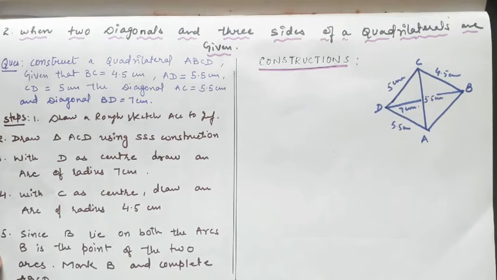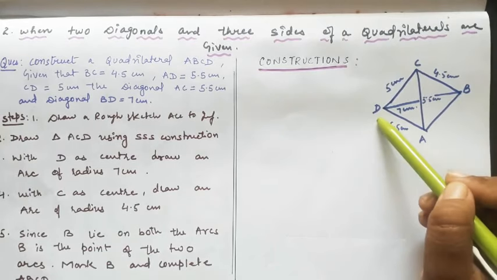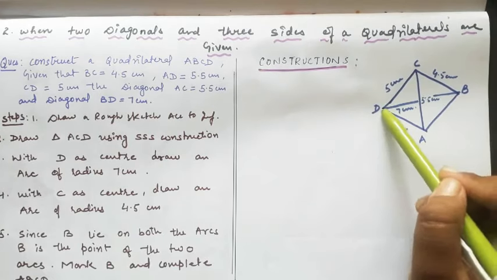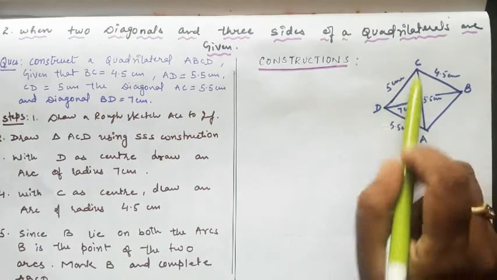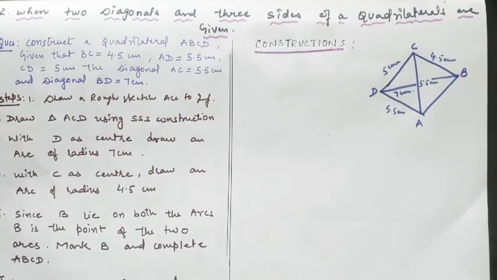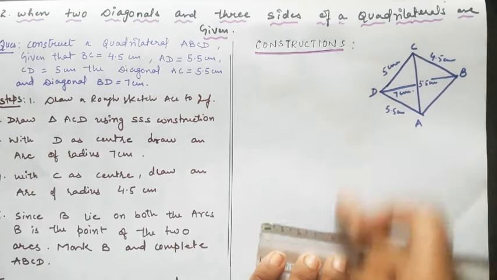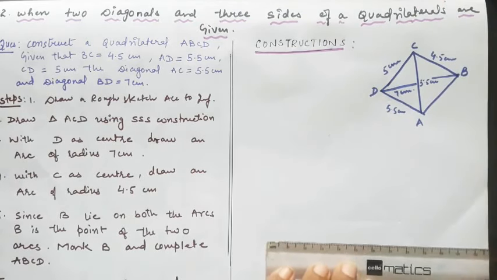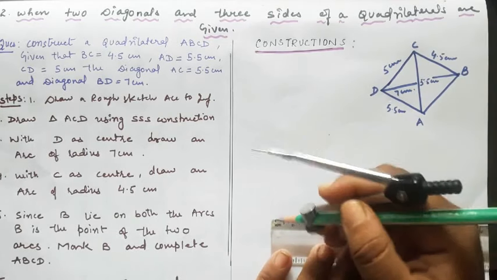See here, it will be easier for us to construct ACD because the length of AC is given to you, CD is given to you, and AD is given to you. According to the SSS condition, it is very easy for us to construct this triangle. First of all, I will construct this triangle. See class, how I am doing. Don't think that because ma'am drew it like this, we have to draw like this. You can draw in an upright position also. Like, see. Now first of all I'm making AC here. AC is 5.5 centimeter.